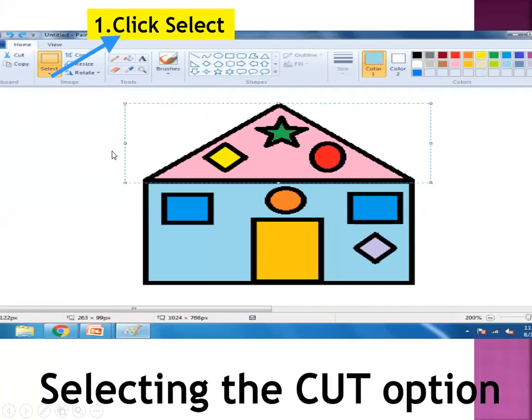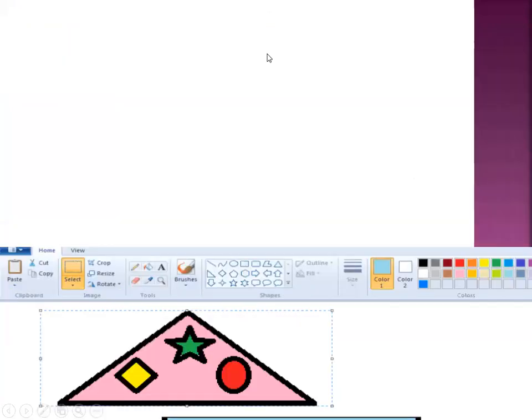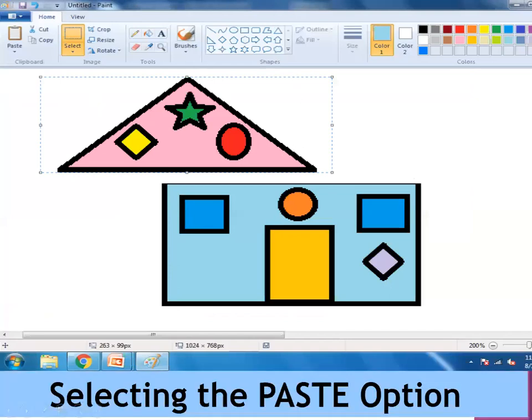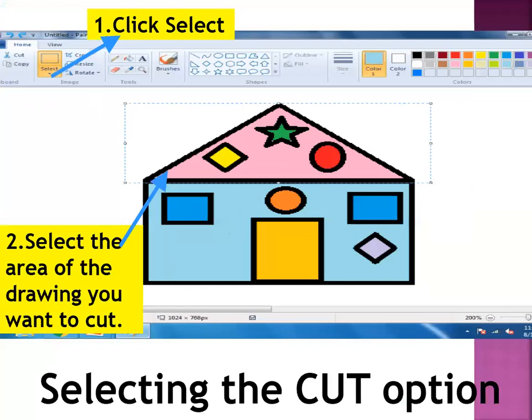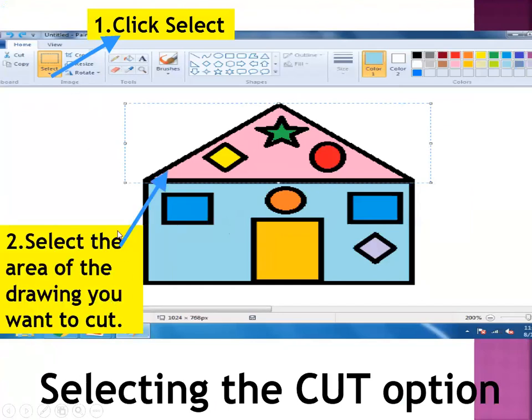Click on the Select tool, and the second step is to select the area of the drawing where you want to cut.